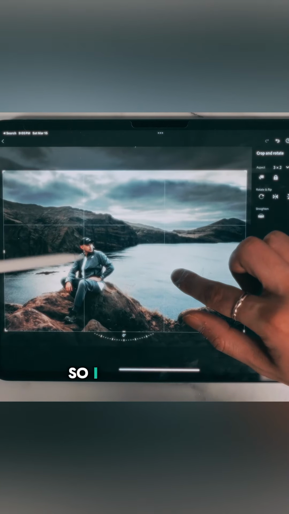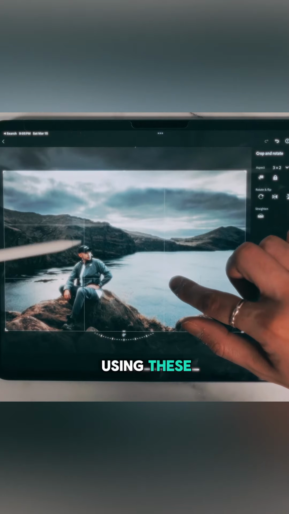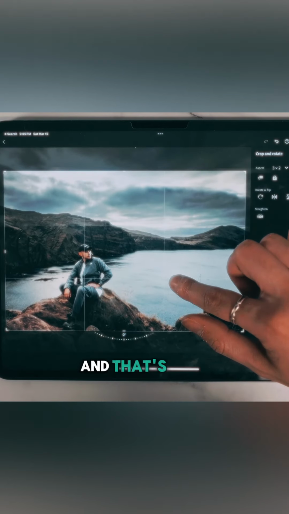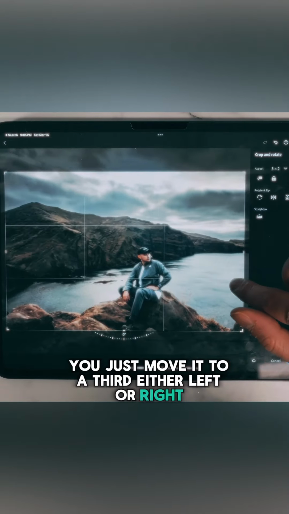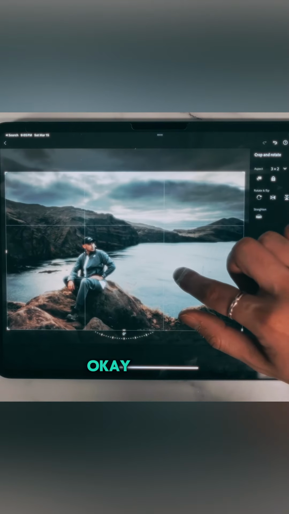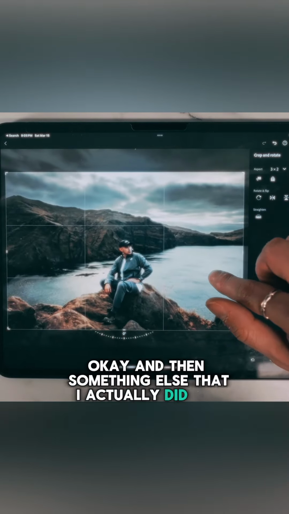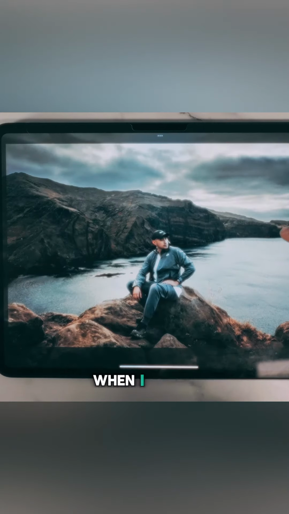I'm looking right, so I position myself on the left using these connecting quadrants here. And that's what you call a rule of thirds. You just move it to a third, either left or right. Okay? And then something else that I actually did here when I was framing this shot, when I shot it,